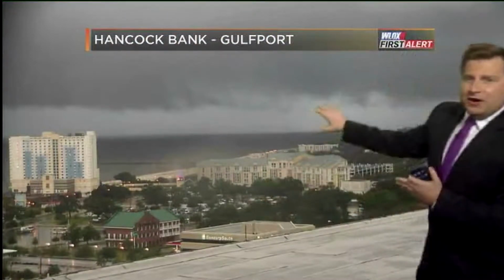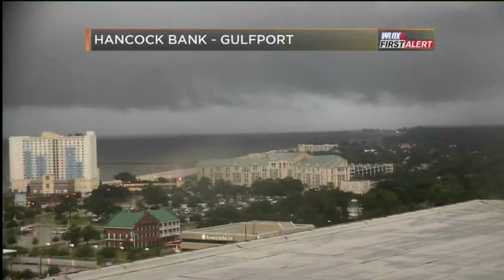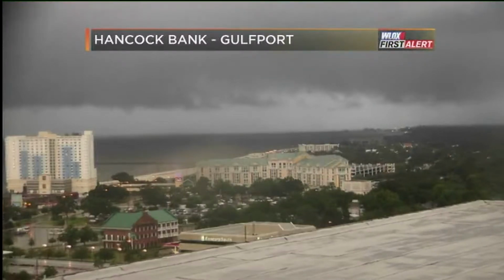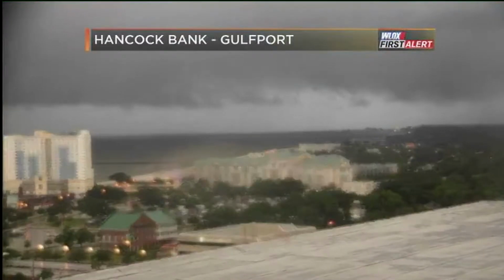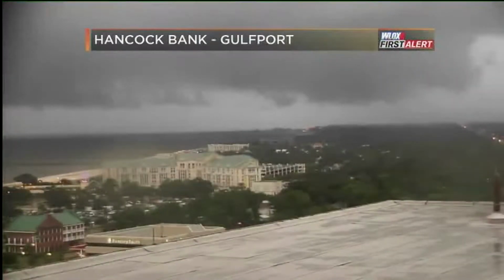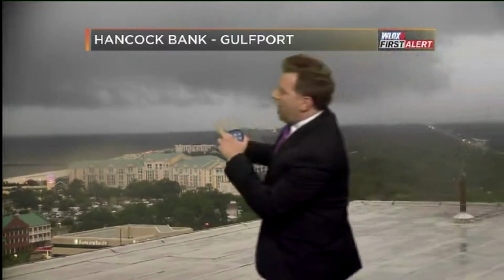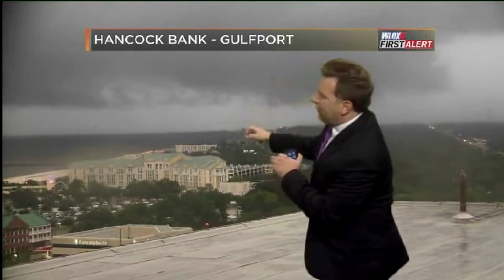Long Beach. So there is a water spout associated with this. It's very difficult to see. I'm going to slide our tower cam back over and kind of zoom in. But what I want you to know while I'm doing that is that we are seeing some pretty tight rotation in those clouds as I zoom in and just try to stay with this because it's moving pretty quickly. We're looking off towards the west, so this tower cam is in Gulfport, and we're looking to the west towards Long Beach. There's some broad rotation, and just now we've just seen a few funnels kind of touch down